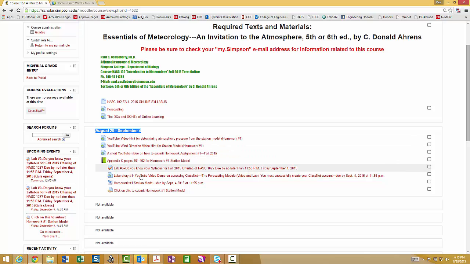So if you look down here, I have a homework number 1 on the station model. I also have YouTube video hint for determining atmospheric pressure. So apparently pressure is part of this first assignment. And then I also have a YouTube wind direction video hint for station model homework number 1. So make sure you use these resources to help you with homework number 1.